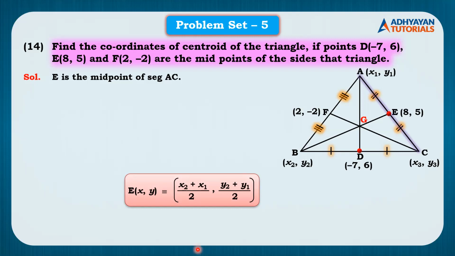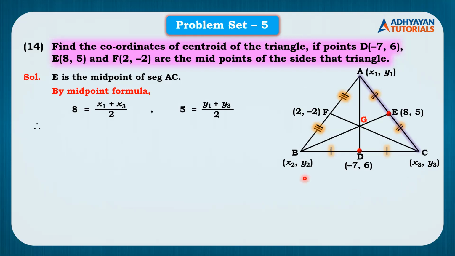Now students will take x and y separate because we know the coordinates of the midpoint are 8, 5. So by the midpoint formula, 8 is equal to x1 plus x3 upon 2. Now you will say, sir, you only said to assume it as x2. No, we assume x2 because in the formula it is x1 plus x2, therefore. So who has taken the position of x2? x3. In the same way, 5 is equal to y1 plus y3 upon 2.